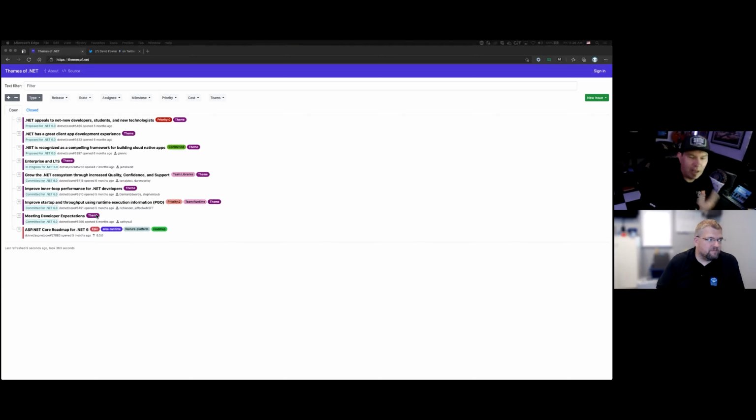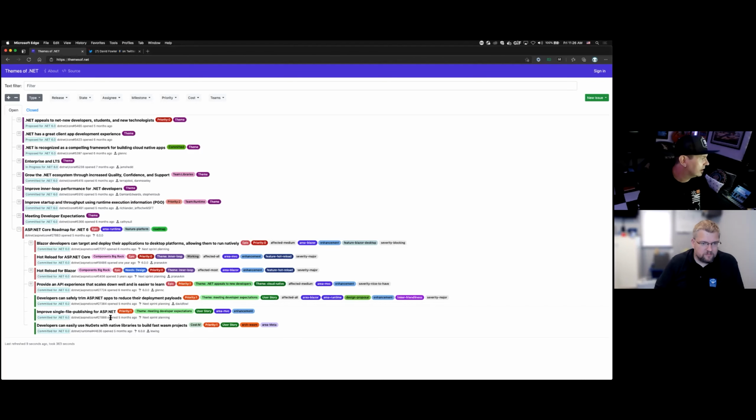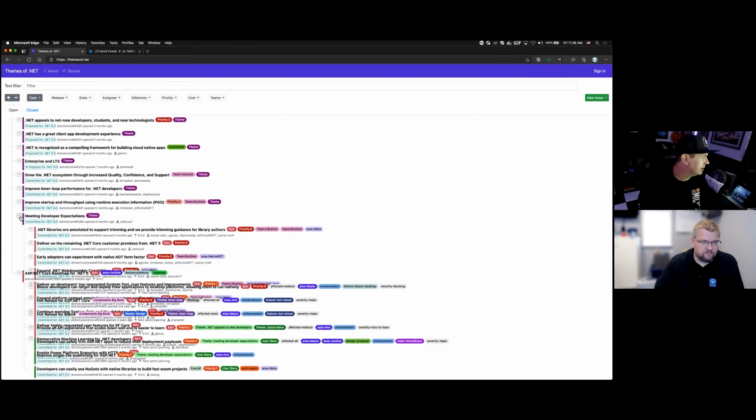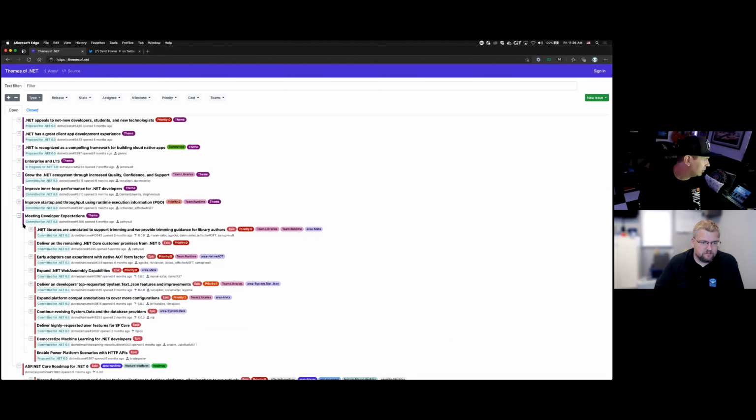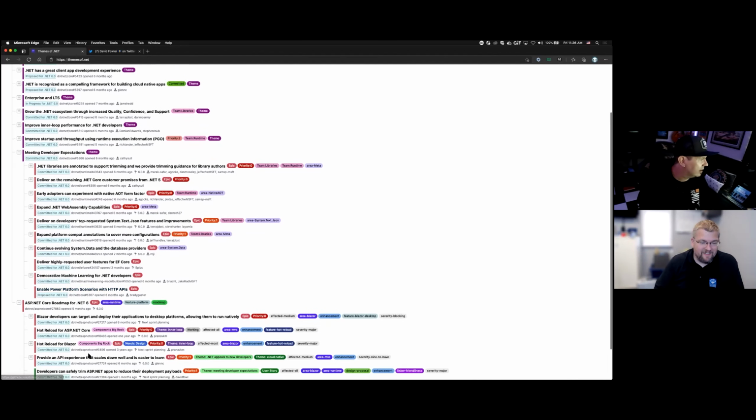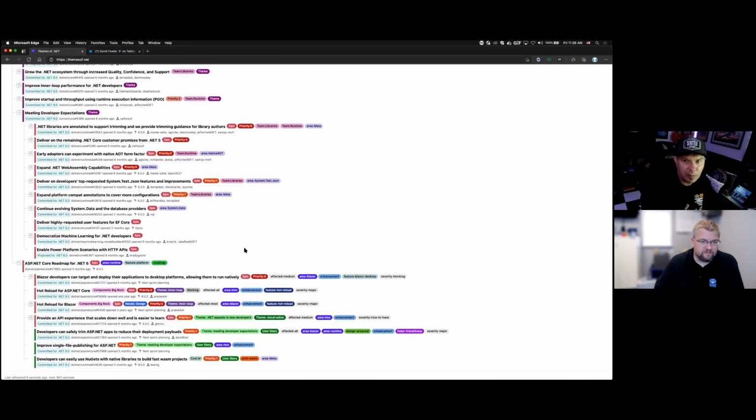So you'll see epics and stories and whatever else. If you're into the ASP.NET stuff, if you expand this part, you can look at all the different things that we're doing in ASP.NET. Another area in which I'm working is if I go right here and expand on meeting developer expectations. One that I'm working on quite a bit is right here, because I'm working with the Power Apps folks. We basically want to enable folks who are building